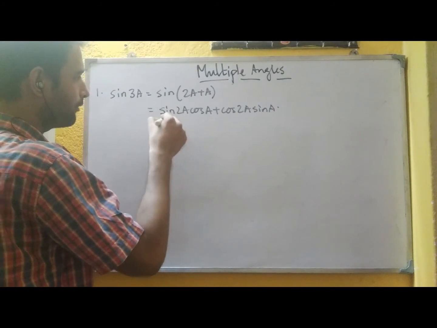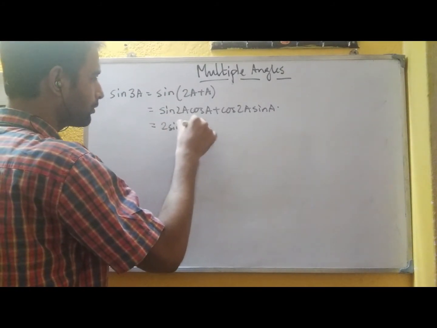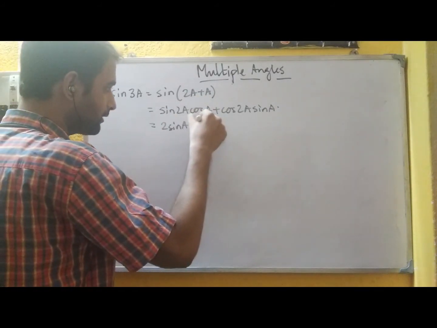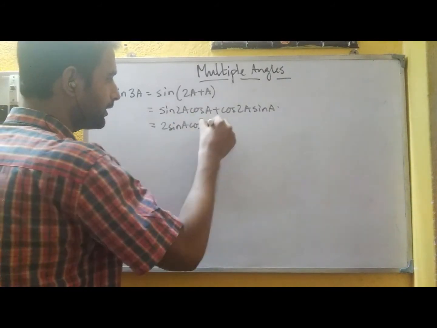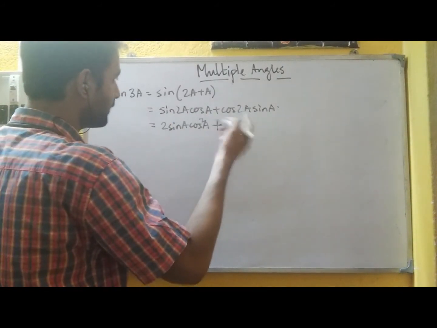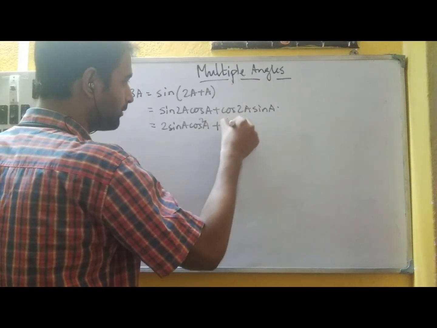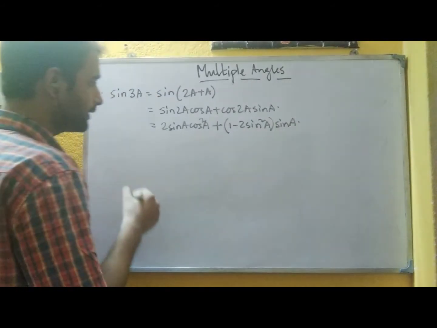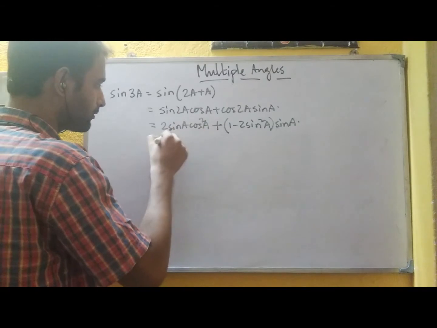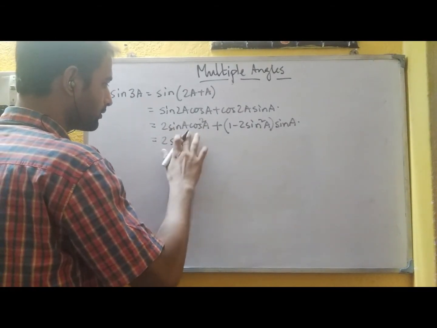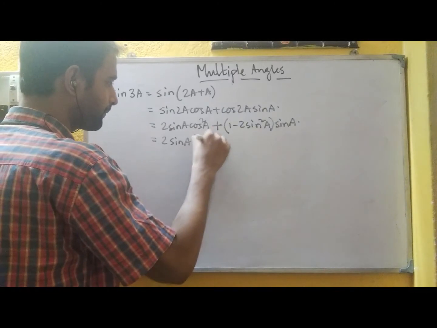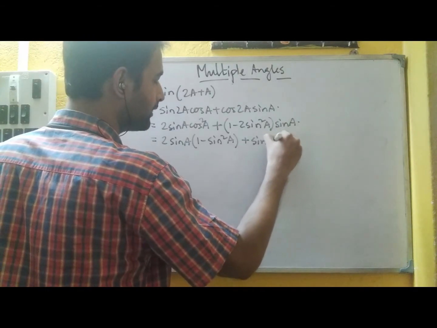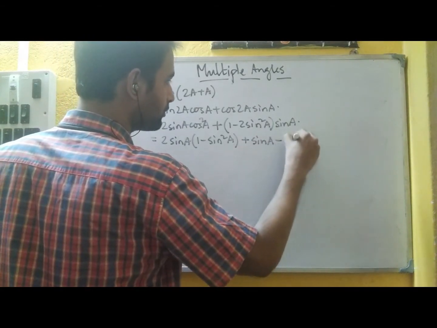Now we have to express the whole thing in sine. So for the formula of sine 2A, we can write 2 sine A cos A. And due to this cos, we can write this one as cos square A. Similarly, the formula of cos 2A, since we have to express in sine, we can write as 1 minus 2 sine square A. So then see, again we can express this cos square A as 1 minus sine square A. So this will be the expression. And here after multiplication we will get sine A minus 2 sine cube A.